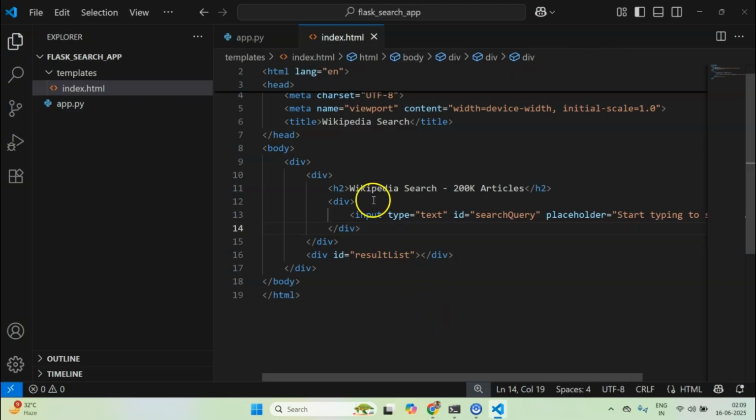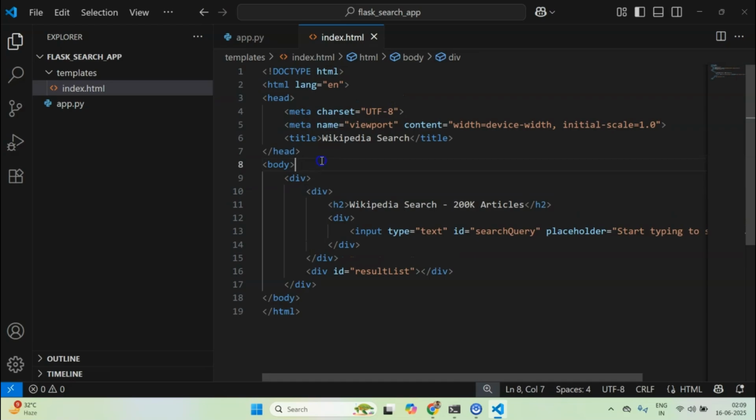Now in the next video what I'll do is I'll try to modify this whole setup to look a bit professional by including something known as Bootstrap. Although you don't need to worry about it because you will find these codes in the description. You can just copy paste it. But if any of you want to stay, they can probably stay to look at how to add Bootstrap to make it look a bit cleaner.